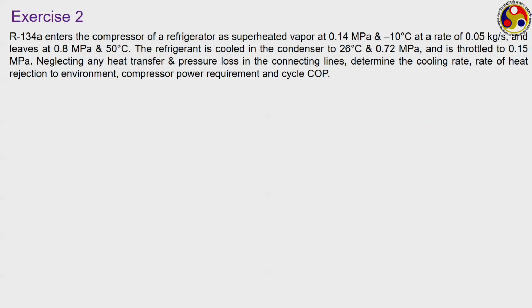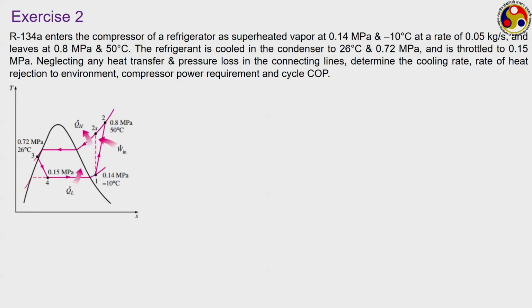Just like this example I have here, I am talking about the same refrigerator that I used in the previous exercise, but here my cycle is like this, where the superheated vapor at 0.14 MPa and minus 10 degree Celsius is entering the compressor. So, at the compressor inlet, our state is not saturated vapor but superheated vapor. Quite often we want to do this in order to completely avoid any kind of droplet in the compressor. And instead of reaching